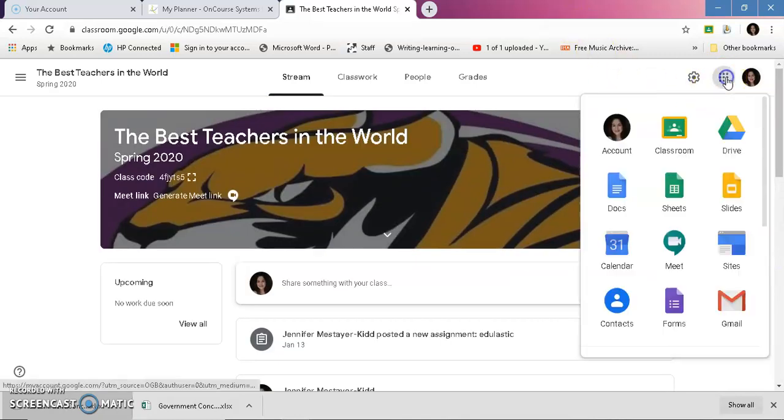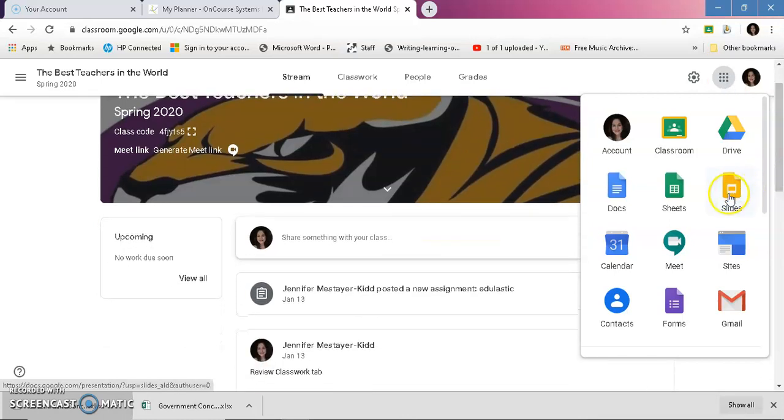If you go back to the waffle, you notice all the other things. Google Slides, that is the equivalent of PowerPoint. It's free for our students. We no longer have to worry about our students having to pay to access PowerPoint. They could also download the app Slides and make the slides on their phone. Yes, that's hard because it's a little bitty screen, but if there's a will, there's a way. It allows our kids to continue on.